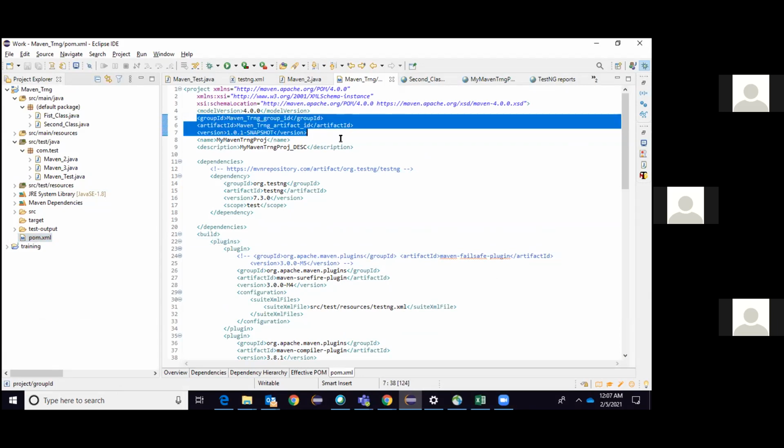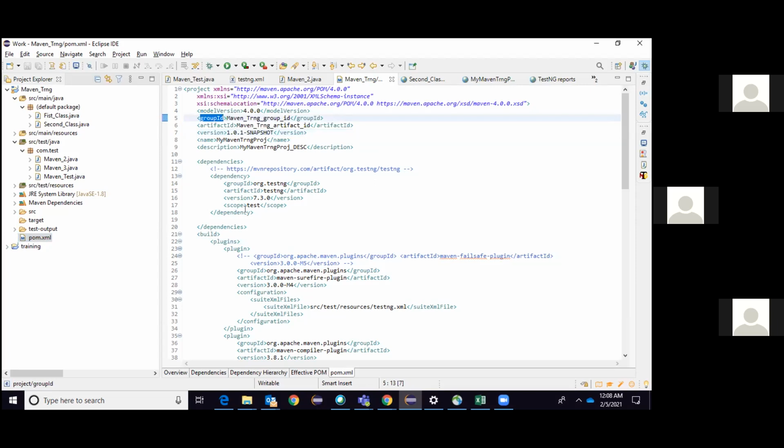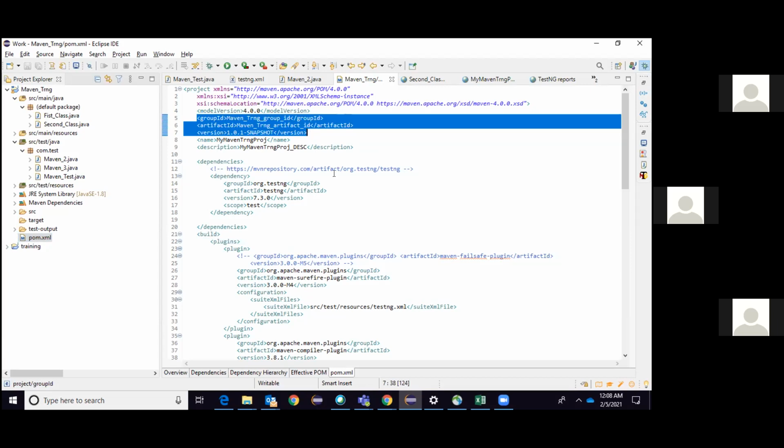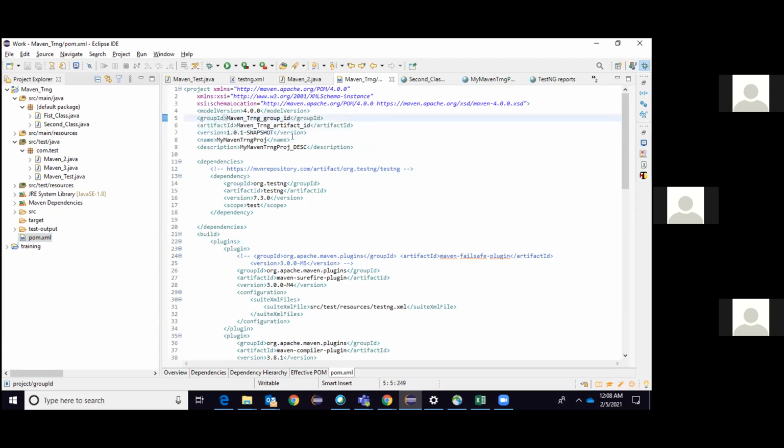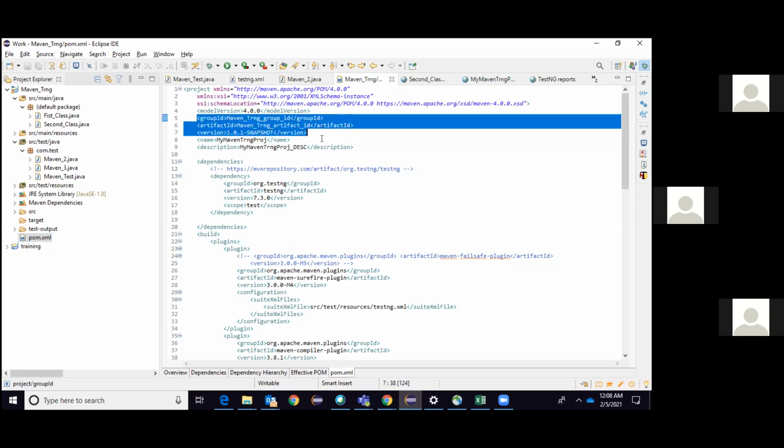The first point is, when you open the Maven pom.xml, the pom.xml is the heart of Maven, where it will tell you what is needed for your project. This is clearly the total heart of your project, the pom.xml. First of all, group ID, artifact ID, and version. These are the three elements which we need to see when you open the pom.xml. This is where you can identify what the group ID, the artifact ID, and the version are.